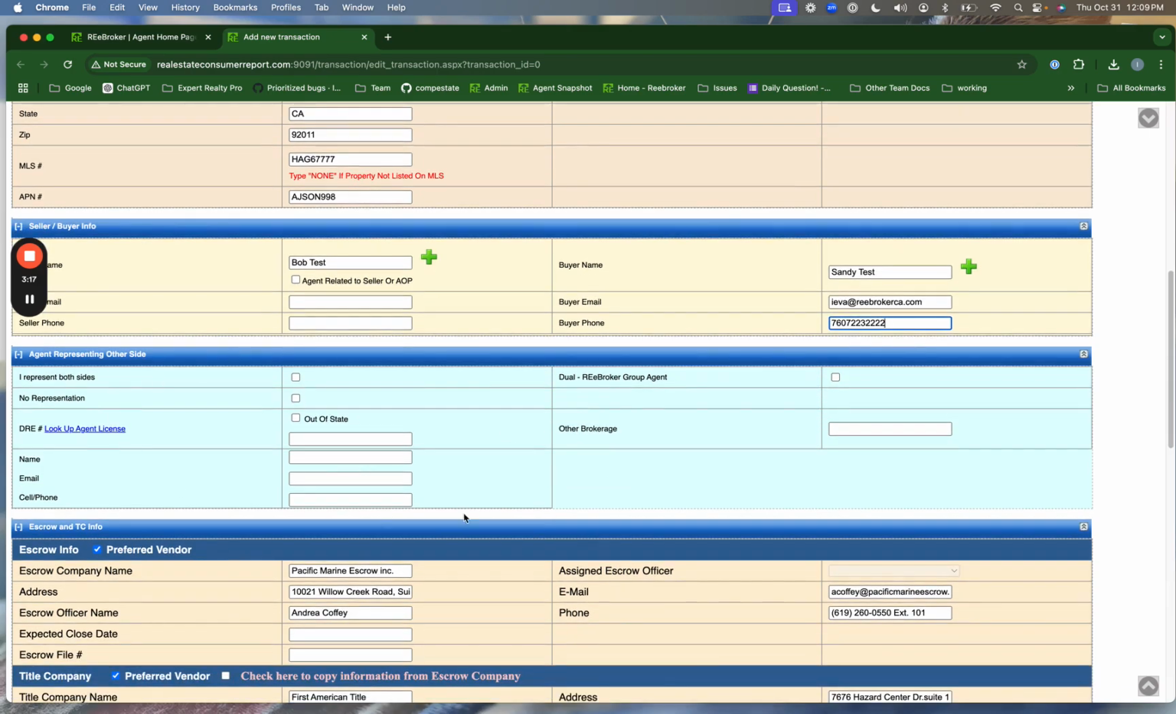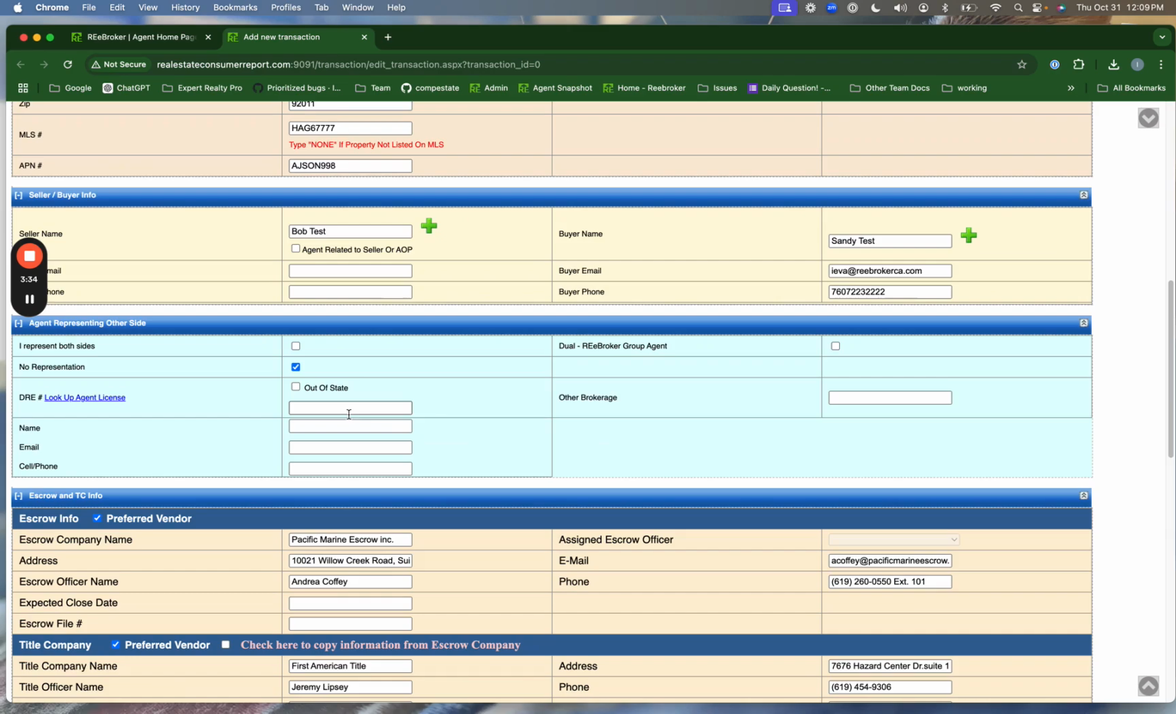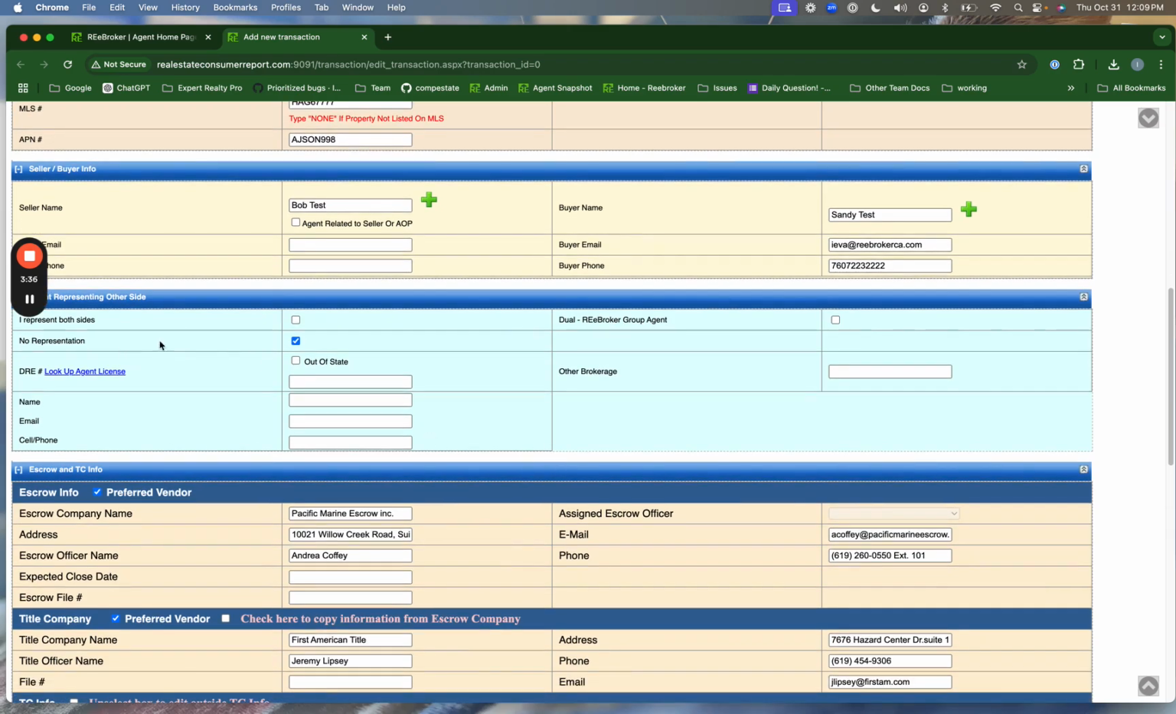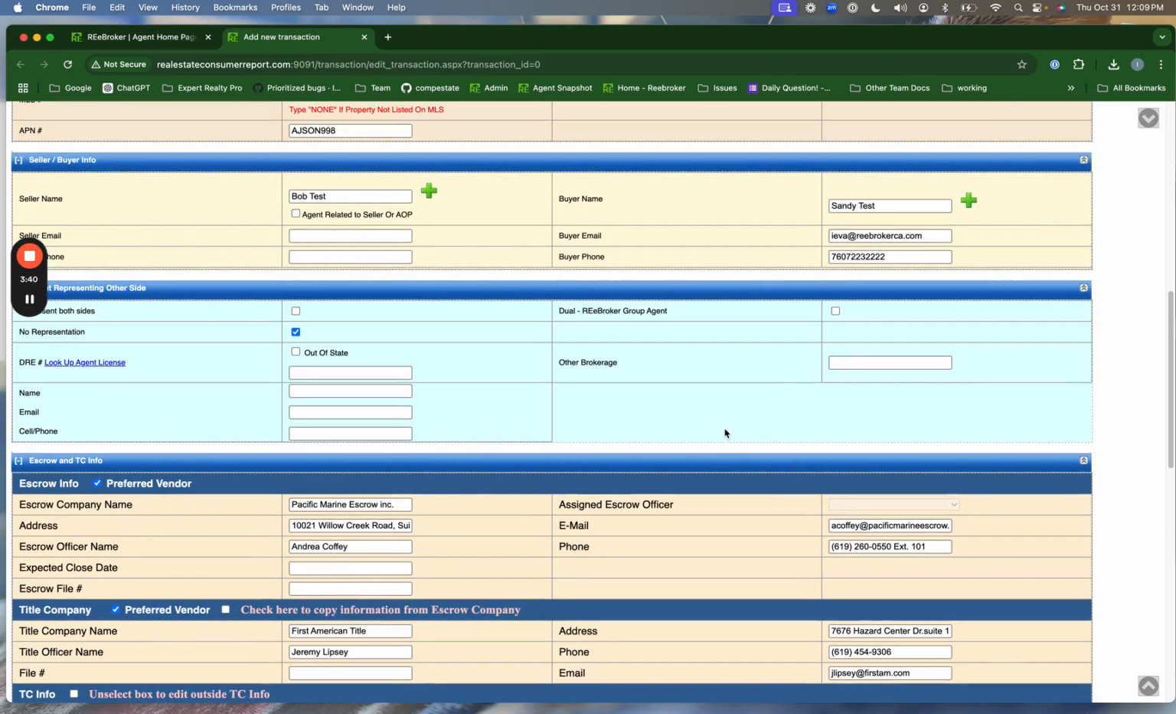Then you enter the agent that's representing the other side. So we'll just say that this agent is out of state to make it a little bit easier for us. Actually, let's just say that there's no representation. It's a seller who's selling their own property, but you're representing the buyer. So we'll just click no representation, otherwise do enter everything, including what the other brokerage is called, their name, email